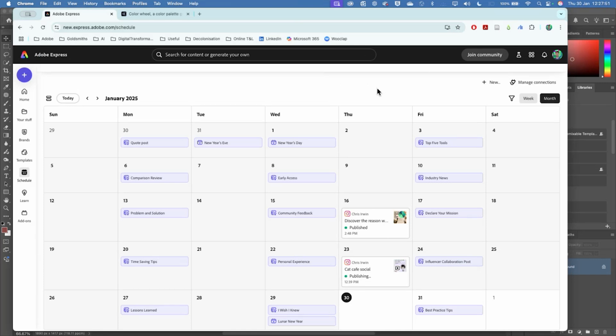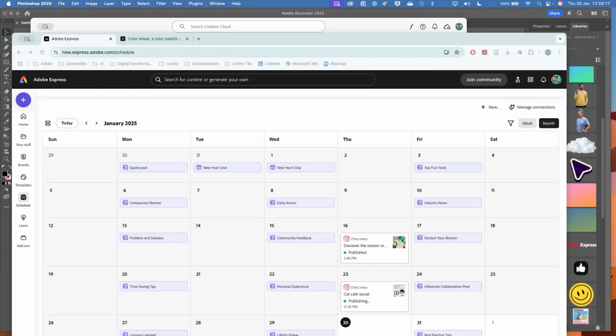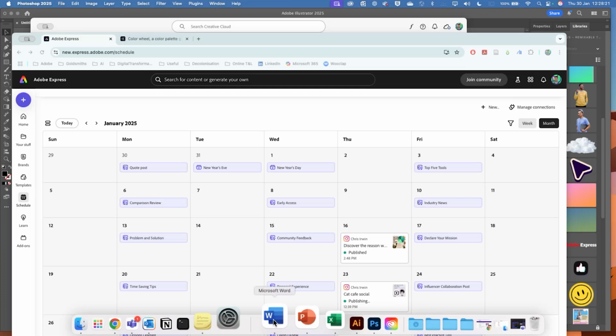So another huge benefit of this cloud-based system is that when you share content between apps, it will dynamically update, which is a really, really useful feature. So I'll show you this in action. I'm just going to close Illustrator because my computer is becoming a little bit sticky.